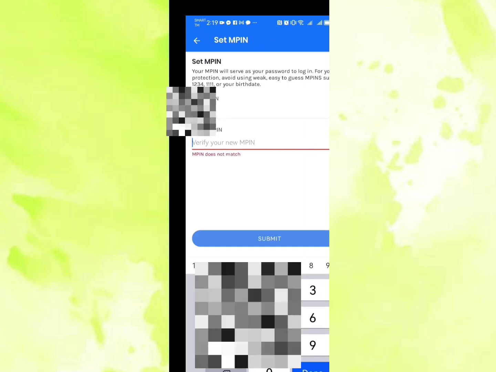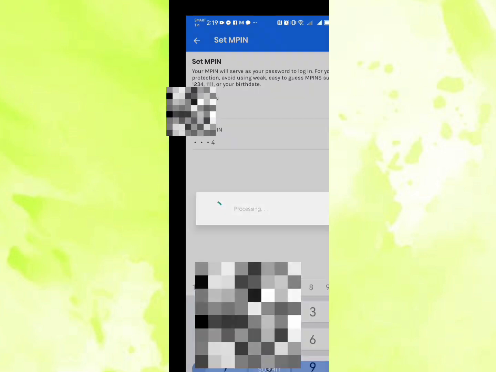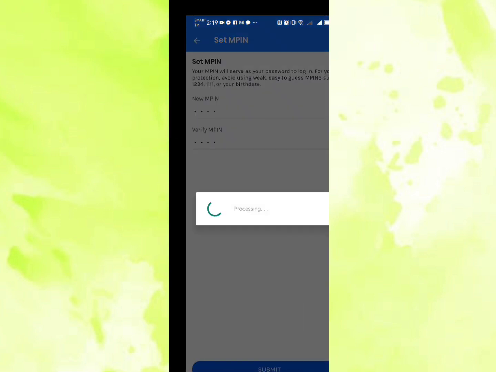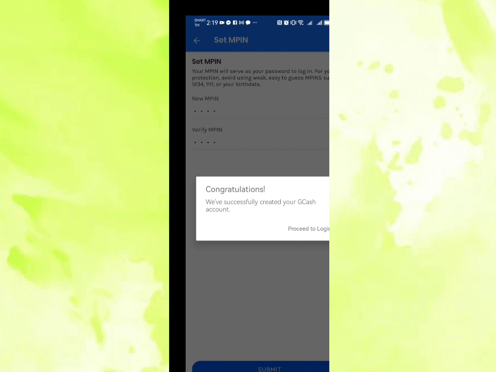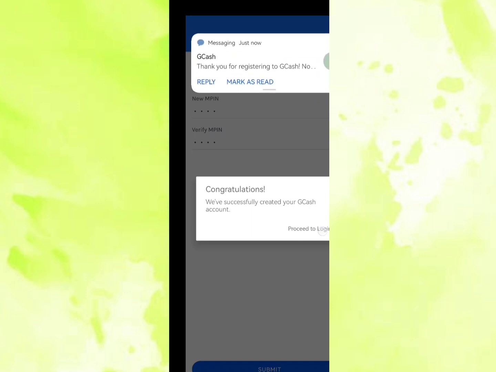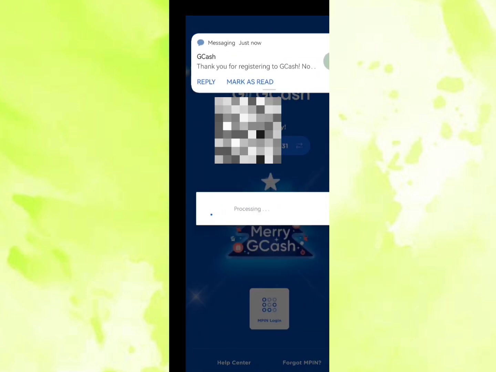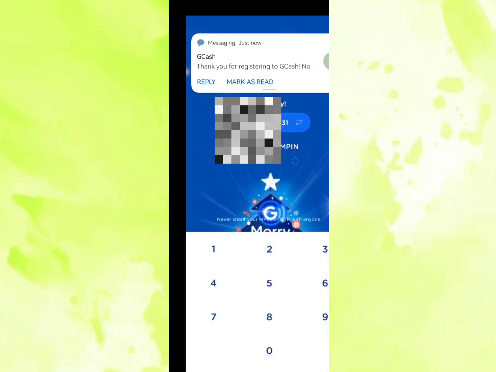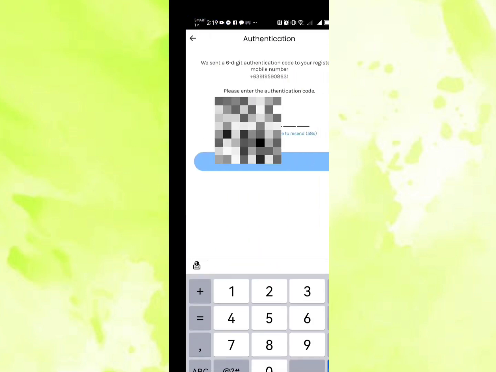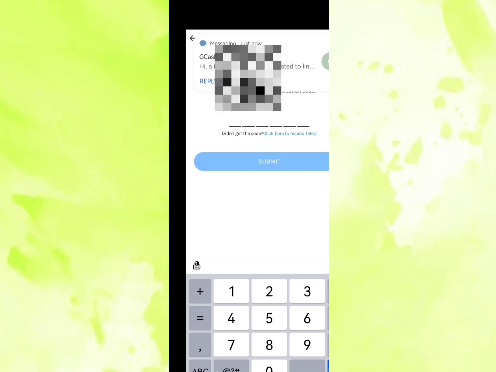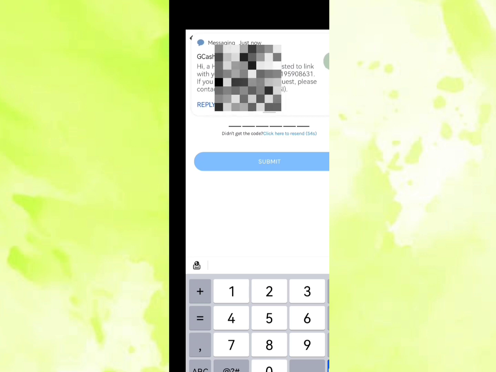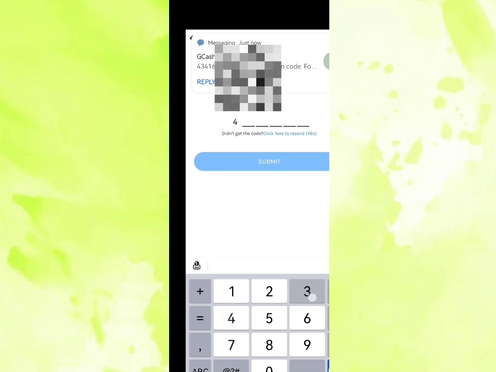This is the 4-digit number that you're going to use every time you are opening your Gcash account. And then you are already registered. Now try to enter your number and also the OTP. And then once you already open it and you already set the OTP,